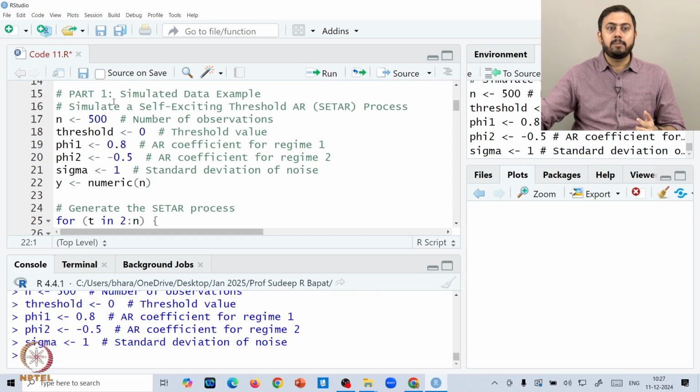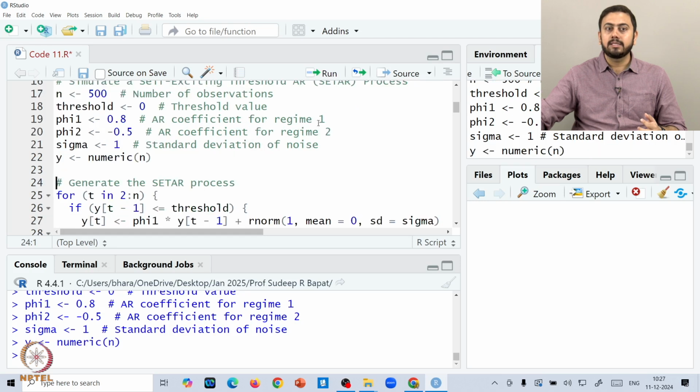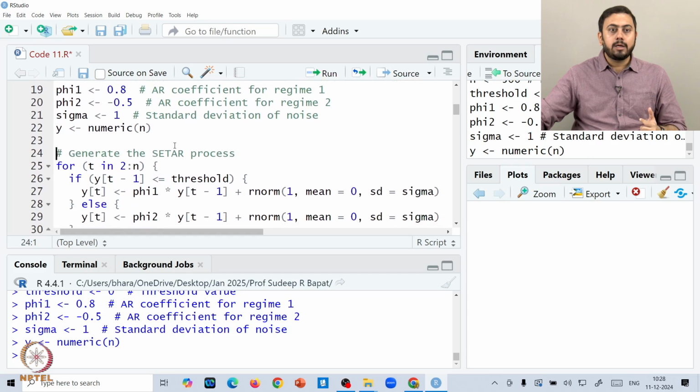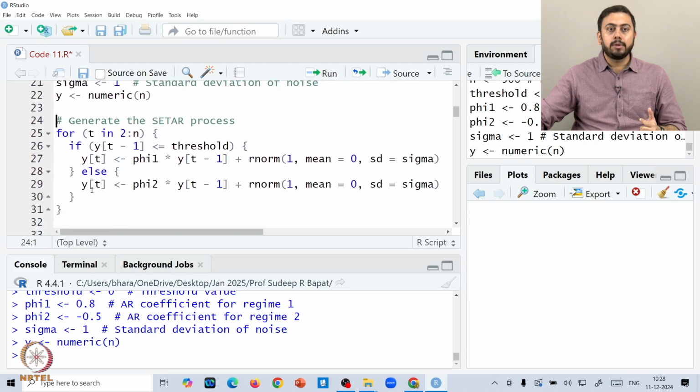So, once you fix all the parameters, you can go ahead and simulate from that SETAR model. Beforehand, I will do one small exercise: y <- numeric(n). So, I am considering that the length y takes is nothing but the value that my n is taking initially. And now, this is a small loop kind of structure where I am generating the SETAR process.